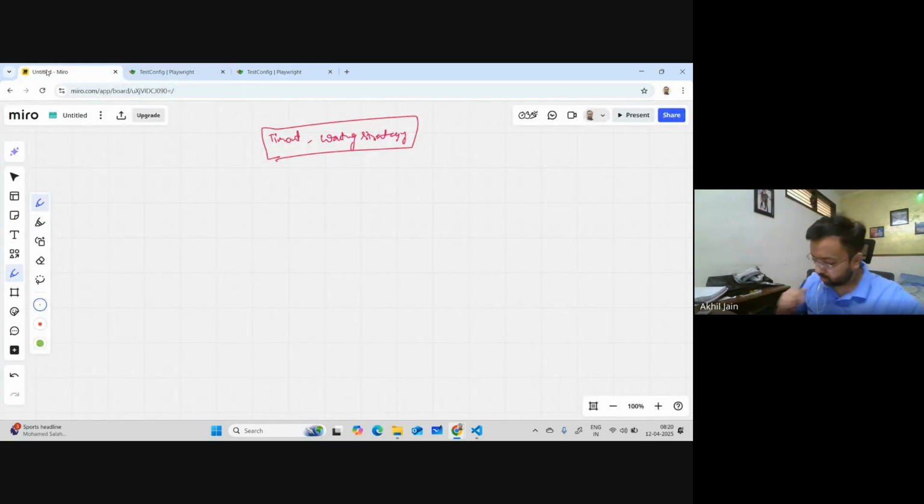Okay, let me try to write. So there are two places I should say where you can set some timings. One is a config file. The config file which we know, Playwright config.ts. Now the other important file where the timings can be set around